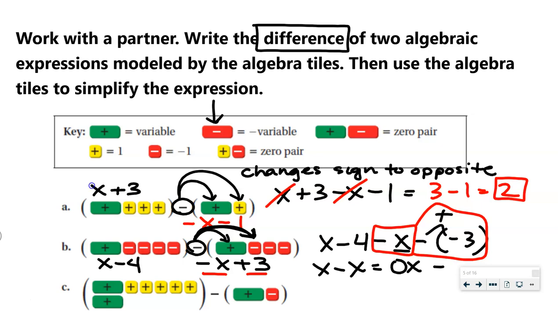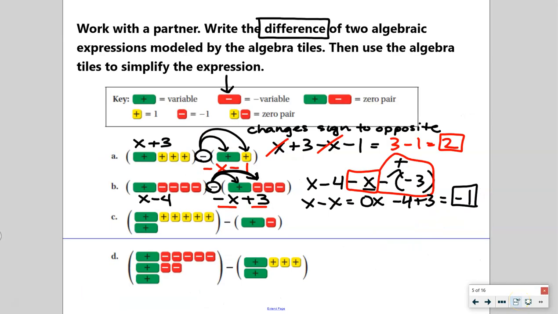And we have negative 4 plus 3 equals negative 1, and that would be our final answer there. We have no x's. Moving that down a little bit to make it a little bit bigger. So we end up over here,